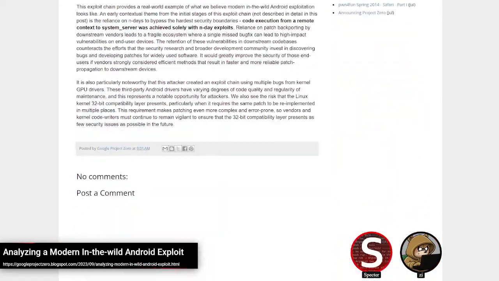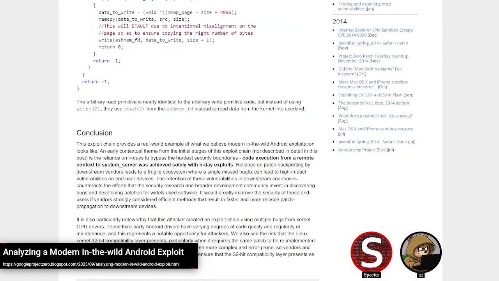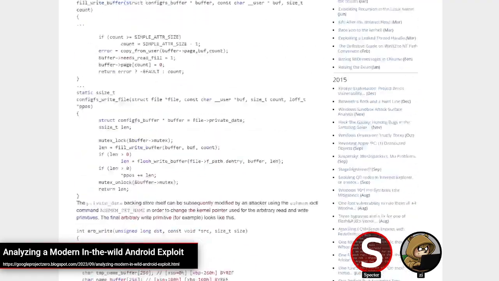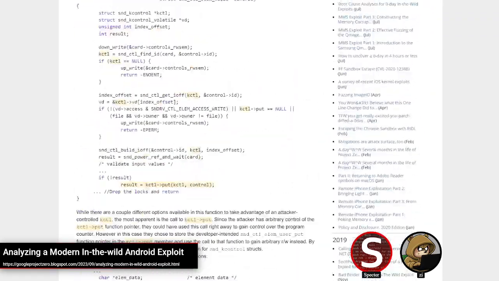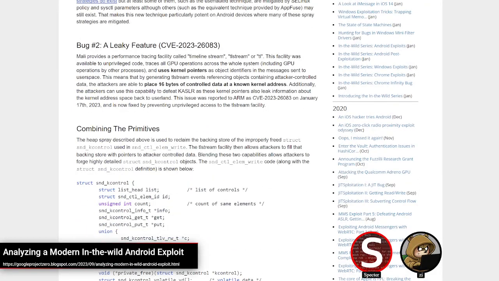As always, I'm looking for things that aren't covered in the post because I'm just curious about them. I'd be curious about the reliability and some of the other circumstances. But nonetheless, it's nice getting information like this on what's being used in the wild, and pretty much Project Zero is the only people doing that. So nice to see another in the wild post, because I think it's been a little while. Obviously, it's been a while since we've covered one because we were on break for the summer, but it's been a while since I've seen one as well.